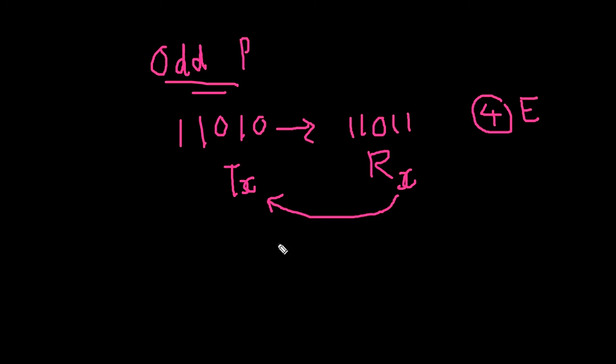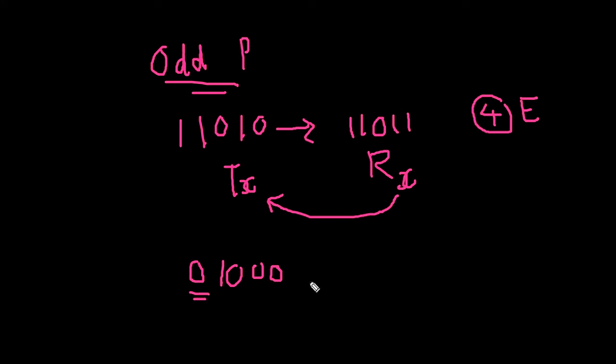Similar to the even parity scheme, this odd parity scheme can detect the error only up to 1 bit. If more than 1 bit goes in error, the odd parity scheme will fail. Now here if the data to be transmitted is say 100, what bit do we need to append at the MSB? The count of 1 here is 1, odd. So the transmitted data already has odd parity, so 0 needs to be appended at the MSB.